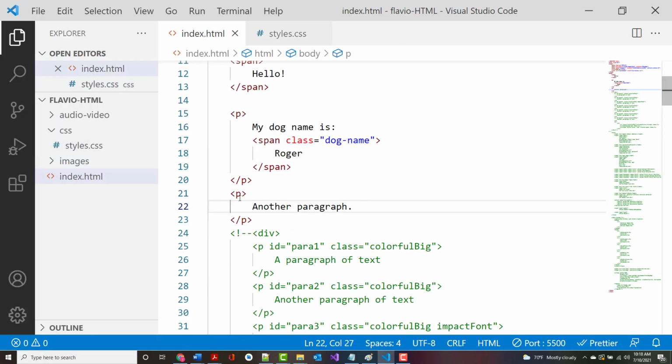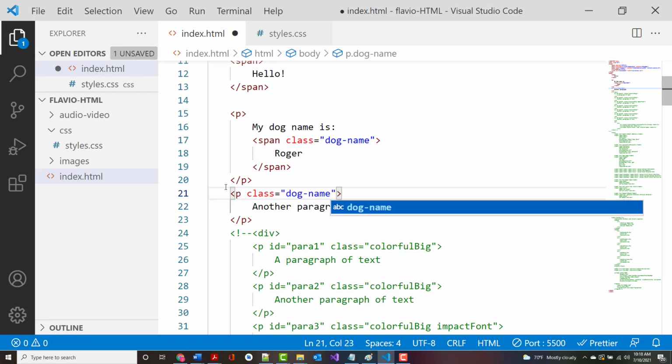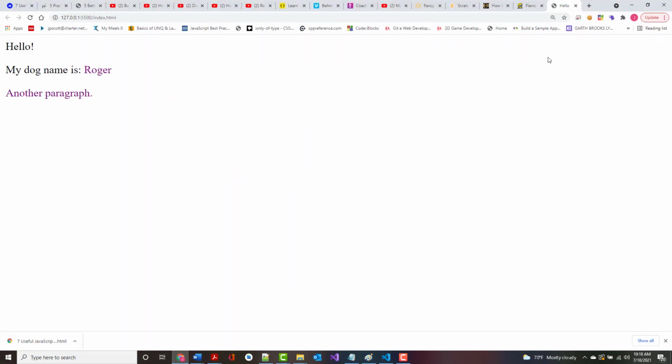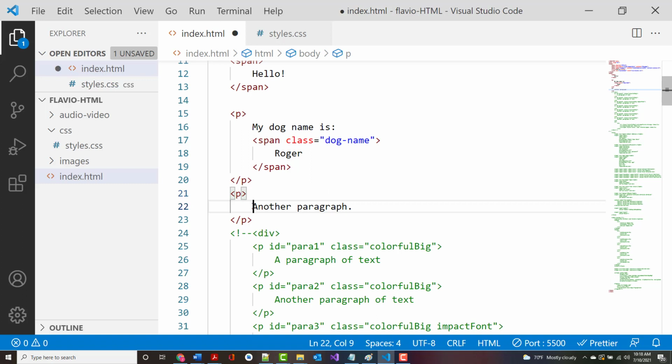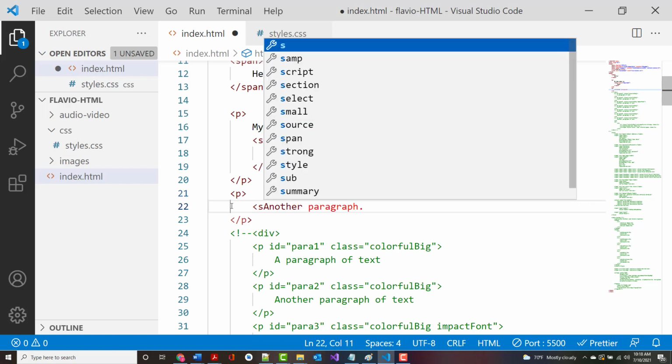But if we come in here and we say class equal dog name, it should be purple, and it is. If we come in here and we say just the word span,